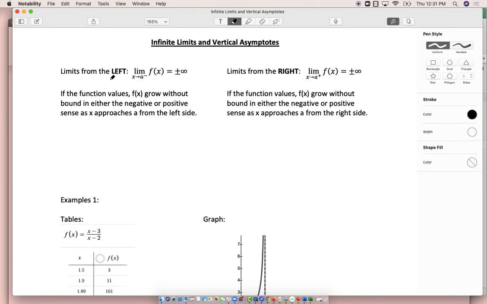Infinite limits and vertical asymptotes. So we're going to start off with a couple of definitions, and the first one is going to be limits